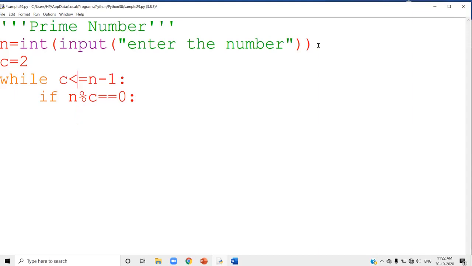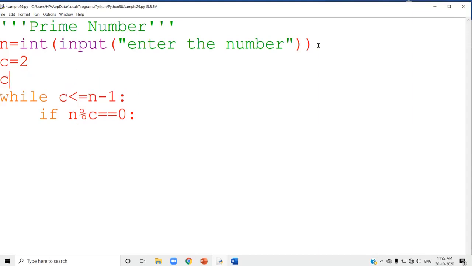For that, I am going to take another variable, count, whose initial value is 0. I am going to find out how many factors there are other than 1 and the original number. For that counting, I am using this count variable. If it is a factor, I am going to say count equal to count plus 1. That means you are updating the count variable. You got one factor, so you update the count variable. We don't want to display it.